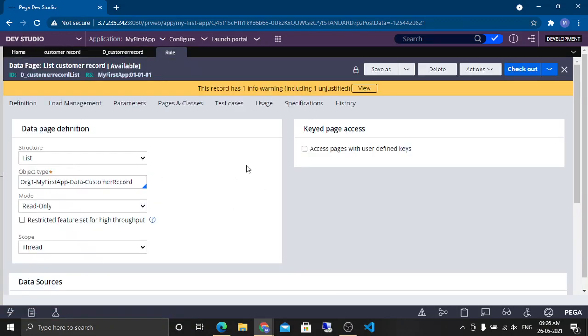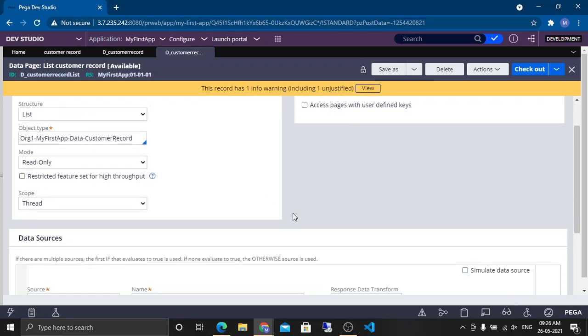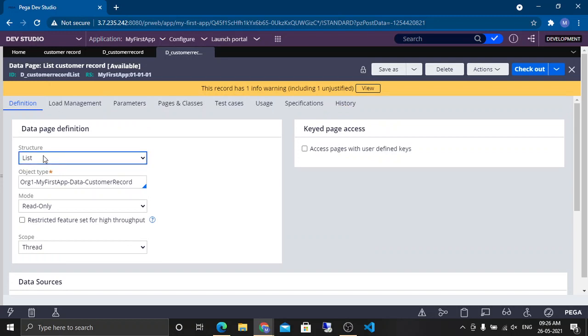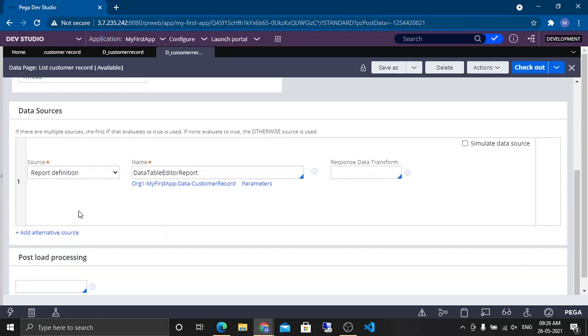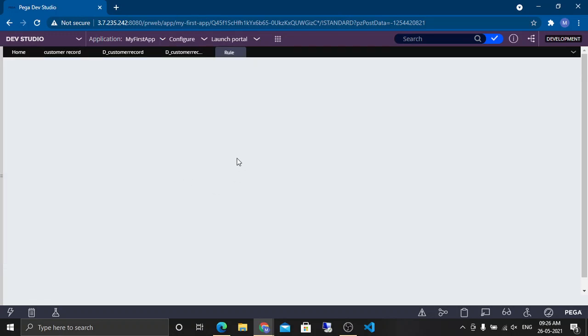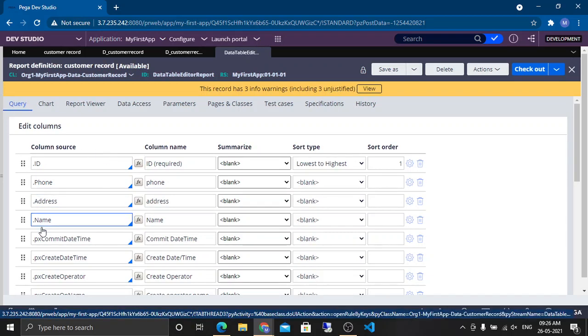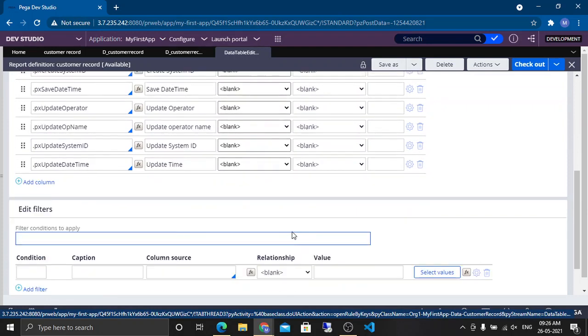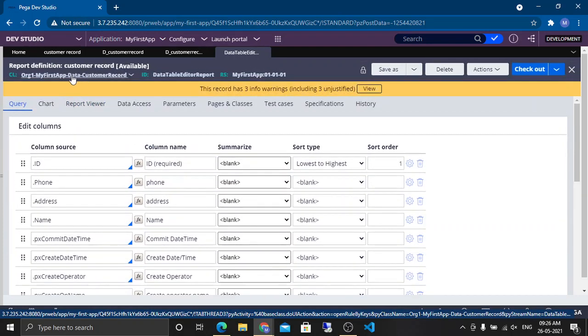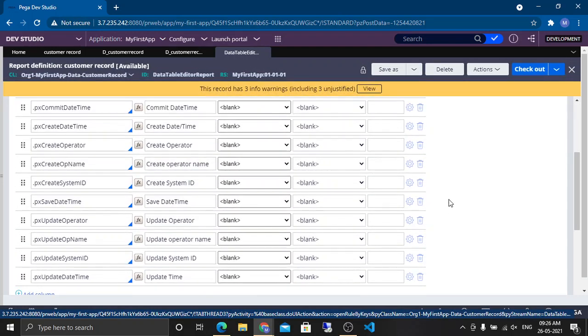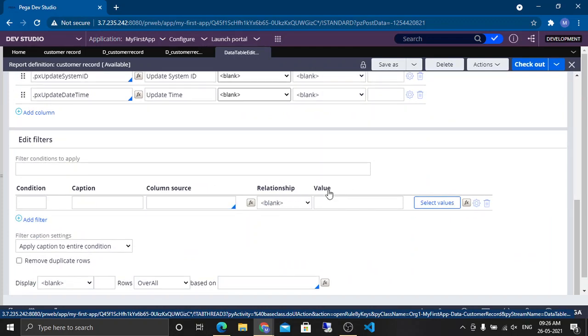This is list. I'm reiterating just so that everyone is on the same page, and if someone has missed it, he can also make sense out of it. So this is a list. By default, it is list, and the source is report definition. Inside this default report definition, what Pega has done is select column this, column this, all columns from the table which this class is mapped to, with no filter, basically without where.